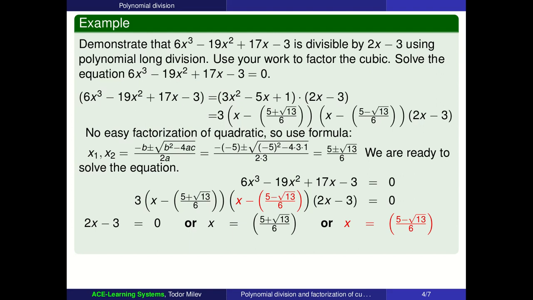We're almost done. We only need to solve this equation, 2x minus 3 equals 0. That is very easy to solve. That's a linear equation. And we see that x equals 3 over 2. So our solution